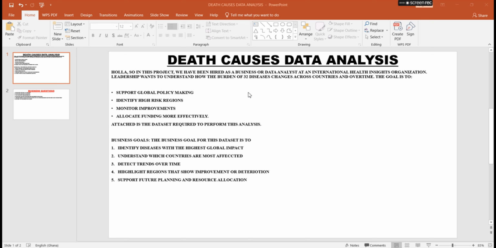Now, as a data analyst or business analyst, this type of project is going to help you practice high-level analytical skills, identifying trends, and spotting high-risk regions. All right, so in this project, you have been hired as a business or data analyst for an international health insights organization. The leadership of the organization wants to understand how the burden of 32 diseases, which I've mentioned quite a few, Parkinson's disease, meningitis, malaria, changes across countries and over time. Now, the goal of this project is to, one, support global policy making, identify high-risk regions, monitor improvements, allocate funding